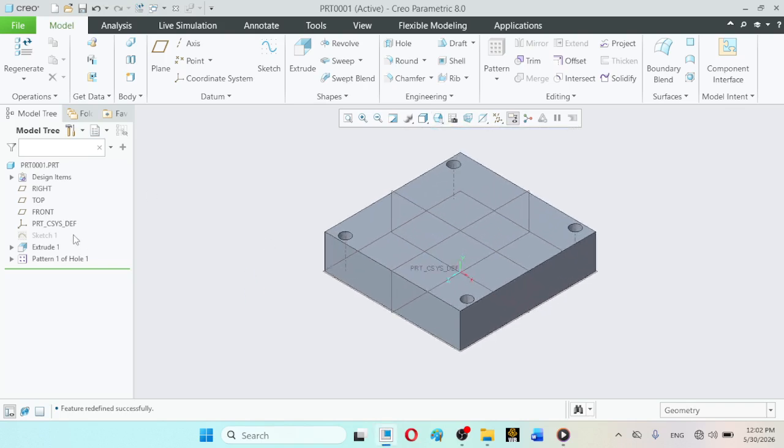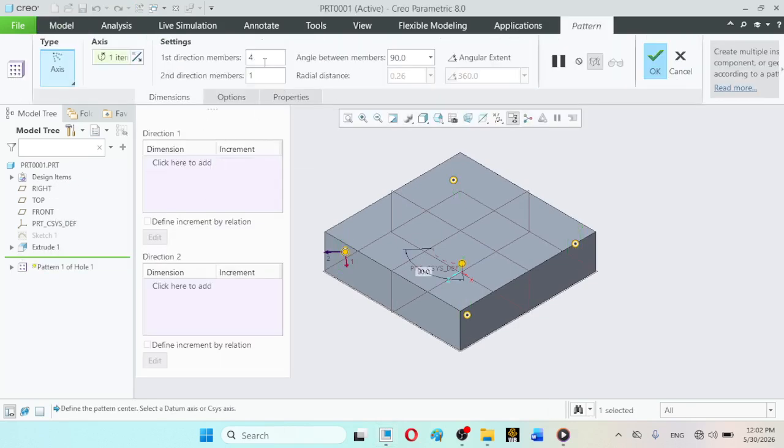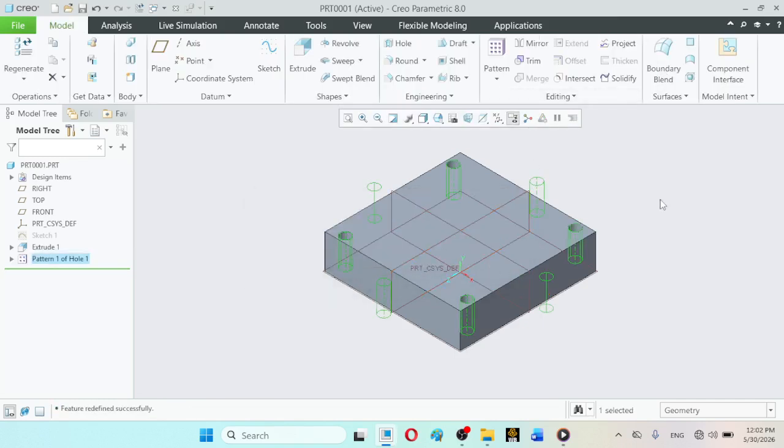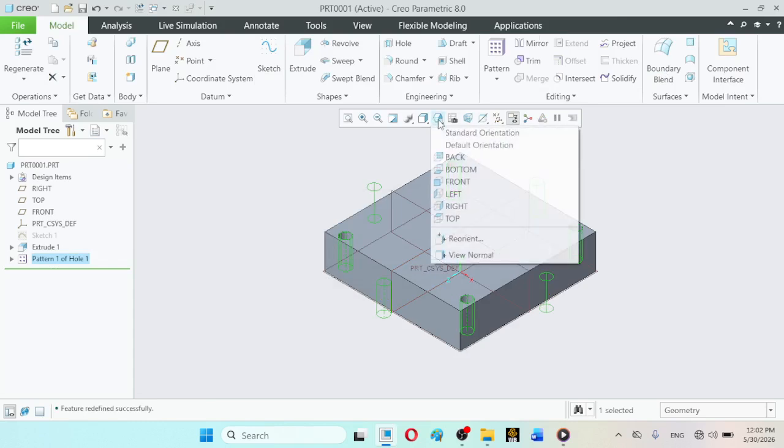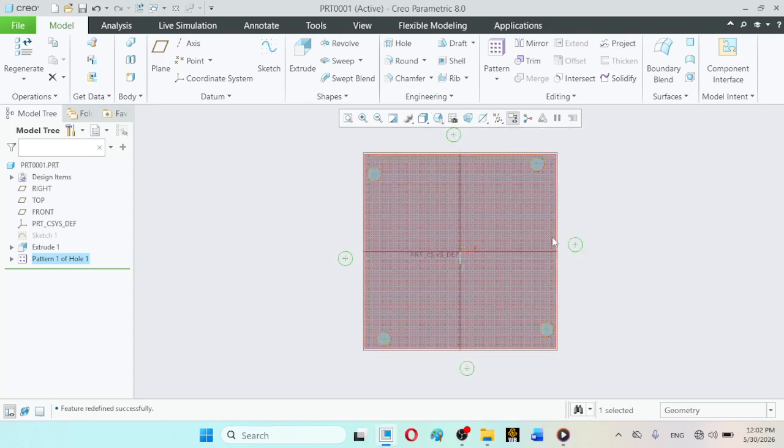So again, if we want for example 8 members, make it 8, and here the distance between 8 members will be automatically 45 degrees. Like this, for example, you can observe it from the top view.